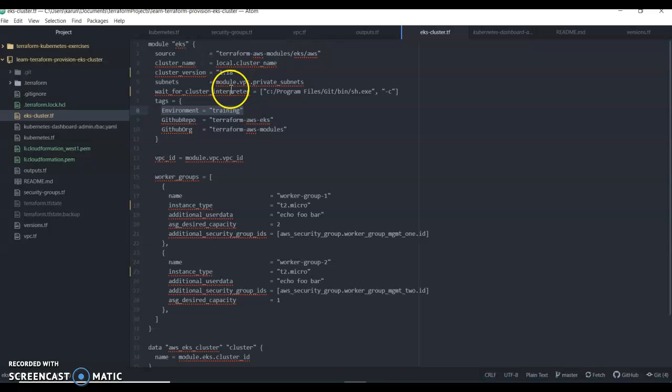So our cluster name should start with training as a prefix, followed by some randomly generated alphanumeric characters. On the cluster version, the version of Kubernetes is going to be 1.18, and the subnets are going to be defined in module.vpc.private_subnets. So that we are going to have that in the subnet, in the security groups